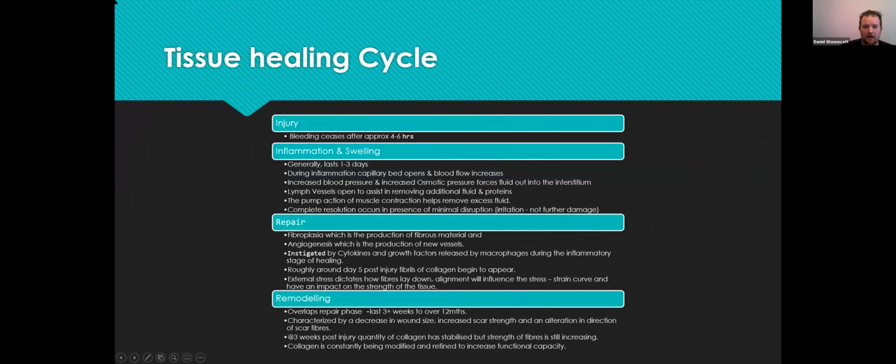Just a quick note on tissue healing, understanding where someone is at. A lot of models of thinking around tissue will say there's a dysfunction or a problem in the tissue. As we dive into each one, we'll see that's very rarely the case. If, however, they have had an injury, you're going to go through a pretty standard tissue healing cycle. There's going to be an initial injury, that inflammation and swelling phase, a repair, and then a remodeling. Depending on the type of tissue, that remodeling can take 3 weeks, it can take 12 months, for some people even longer. So in those initial stages, no matter what the person is, you really just need to support that